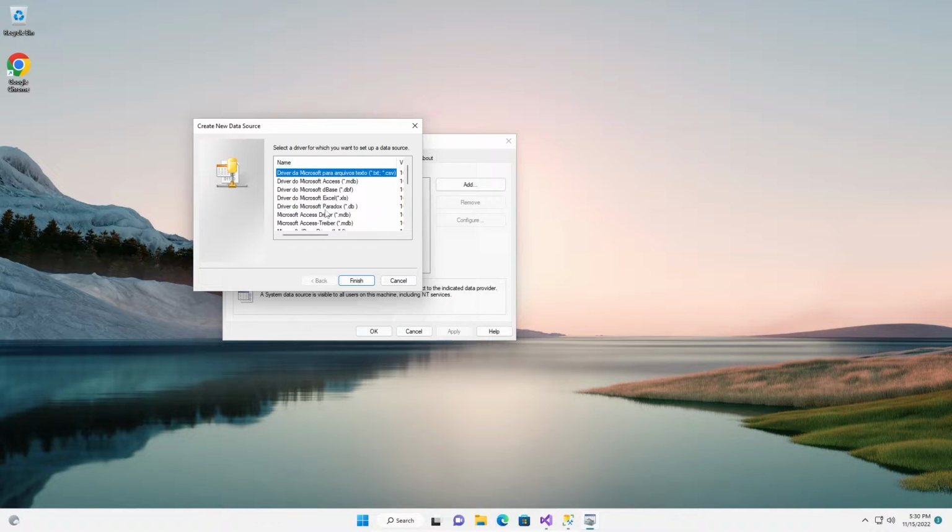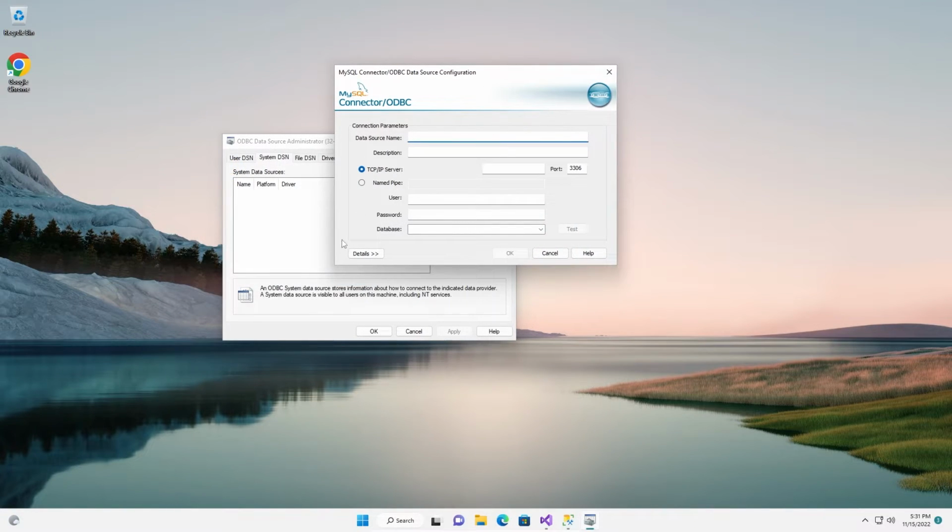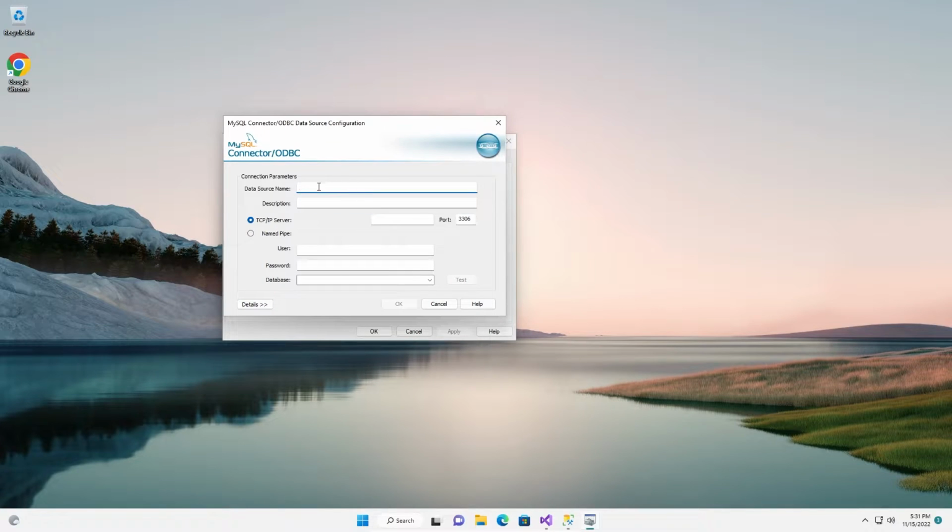You can see here the MySQL ODBC ANSI driver and Unicode driver. You can use any of these. Let me choose the ANSI driver. Finish.